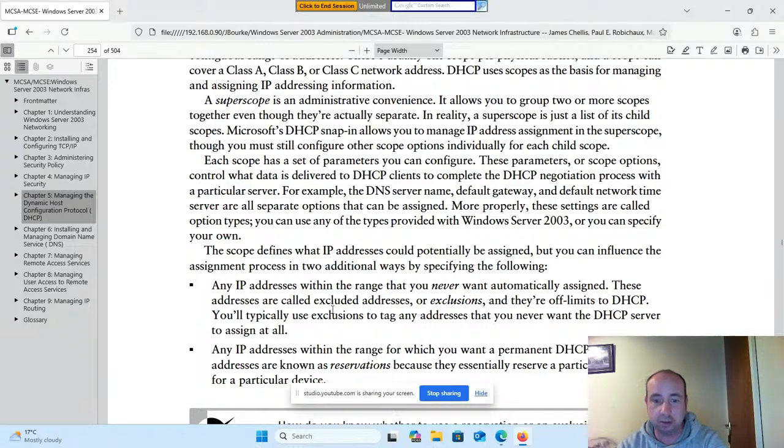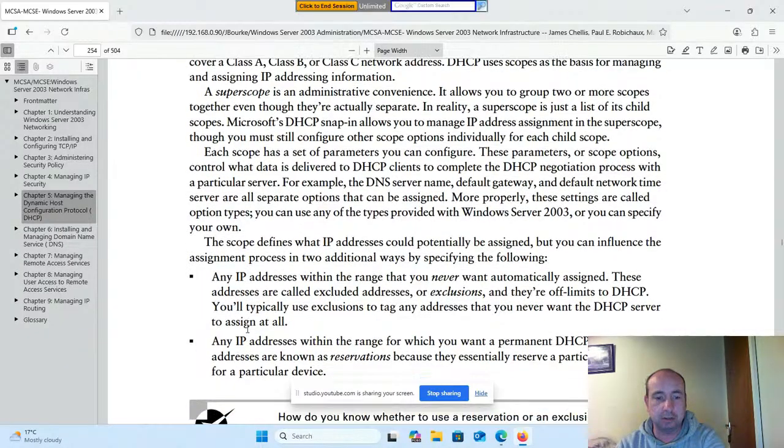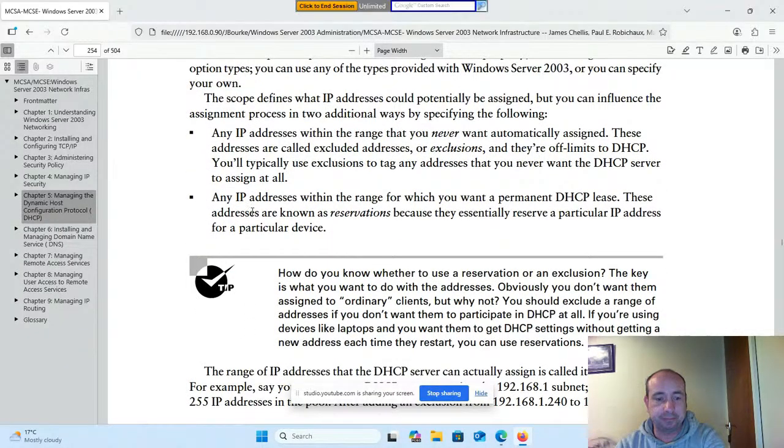These addresses are called excluded addresses or exclusions, and they're off limits to DHCP. You typically use exclusions to tag any address that you never want the DHCP server to assign. Any IP address within the range for which you want a permanent DHCP lease is known as a reservation, because it essentially reserves a particular IP address for a particular